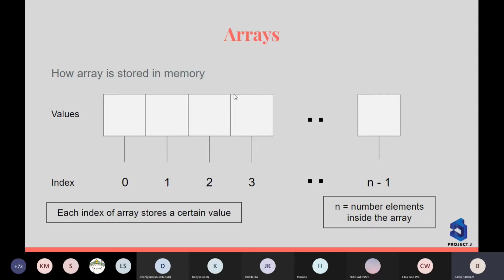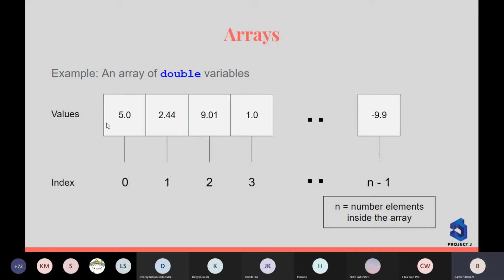And bear in mind that the last element in an array, the index value would be n minus 1. So n is the size of the array. So if you have an array size of 5, the array has 5 elements, then the last element in the array will have the index value of 4. Okay, so yeah, in this example,